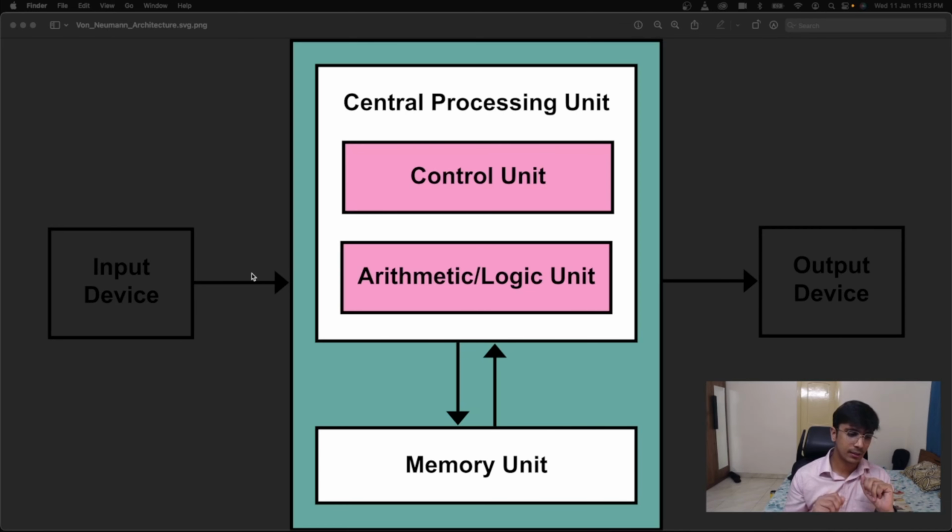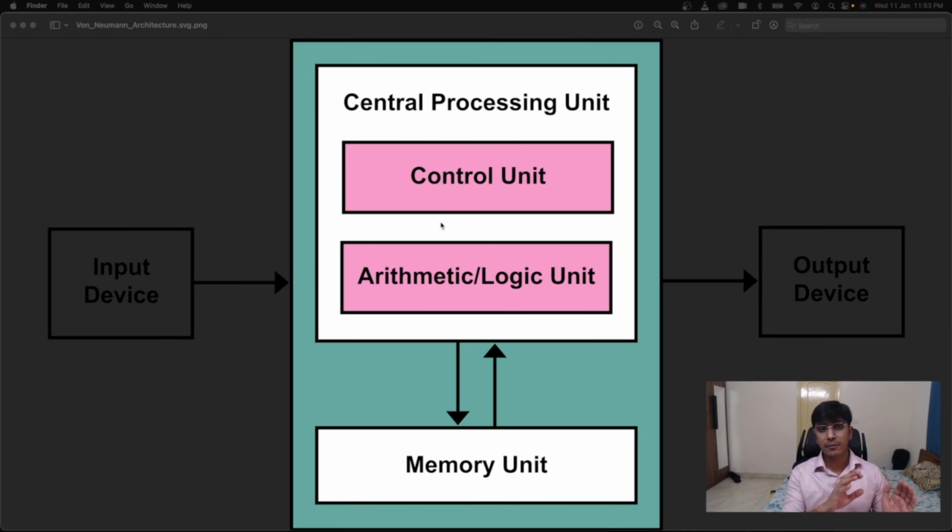And the CPU is also composed of two different components. One component is the arithmetic logic unit, the ALU, and the role of the ALU is simple: to perform arithmetic operations, plus, minus, multiply, divide, etc. All the mathematical operations that the CPU performs go through the ALU. And the second one is the control unit, and the core work of the control unit is to regulate the operation of a computer, which instruction has to be executed when, and what to do when. That is the operation of the control unit.